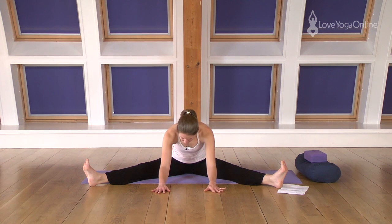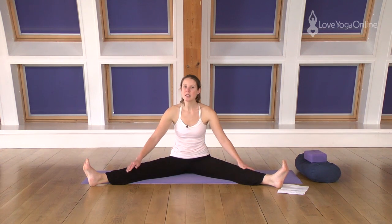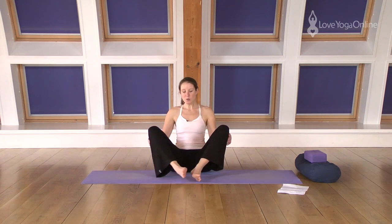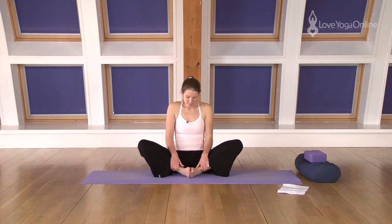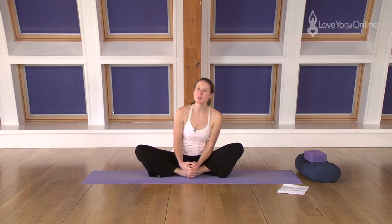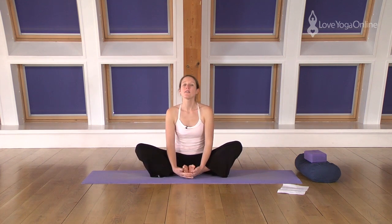Coming back up to sit. Again, we'll help the knees to bend by just picking them up with the fingers, bringing the soles of the feet together to Baddha Konasana, sitting up nice and tall to prepare for the fold. Again, only folding as far as feels good,